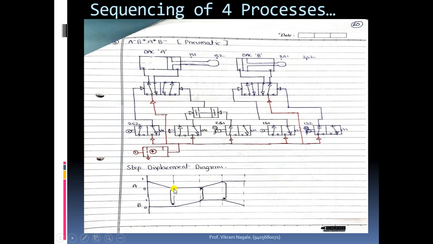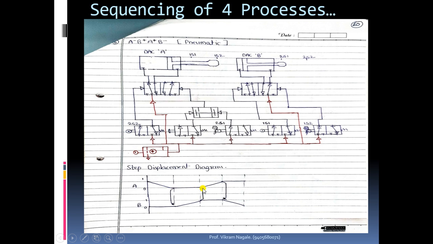Okay, from here we can take a feedback, and during first process, cylinder B will be idle. Okay, now after completion of first process we will be taking feedback from that and will utilize it to start the second process. Okay, so here second process will start, that is of B plus,